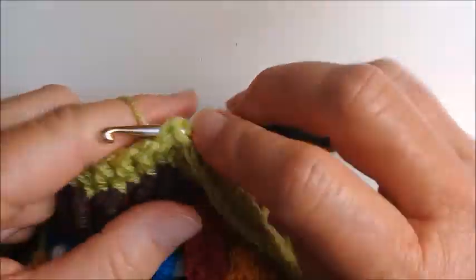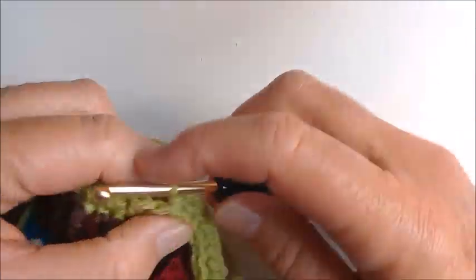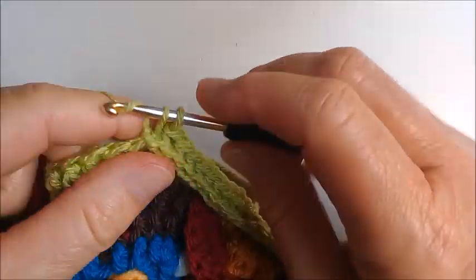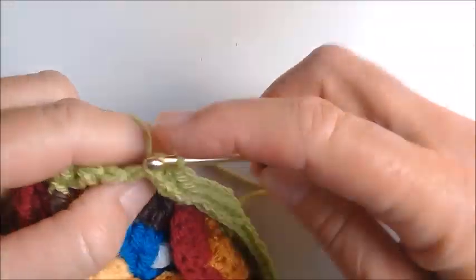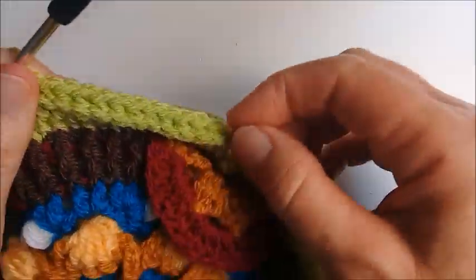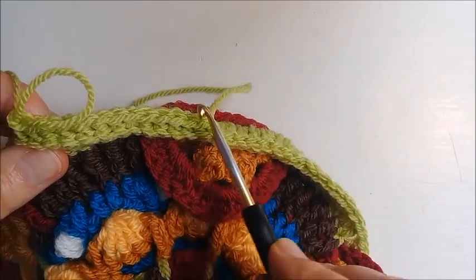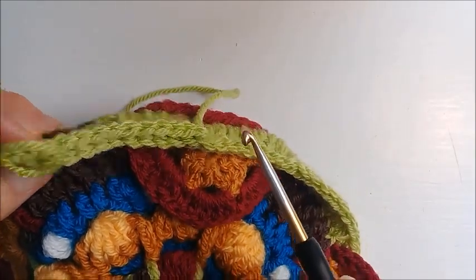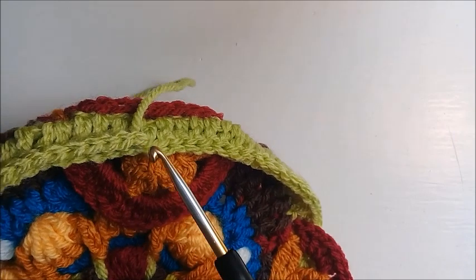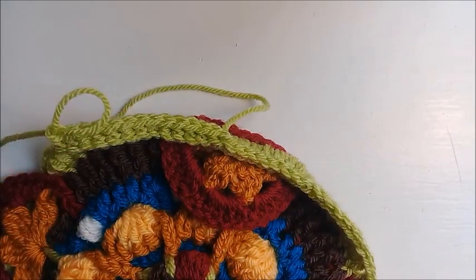Okay, so I'll see you at the end of this round, round number 17, and the beginning of round number 18. Okay, and of course when you get to your finishing stitches, you're just going to slip stitch into the top of your very first stitch and fasten off. Okie dokie, see you at round